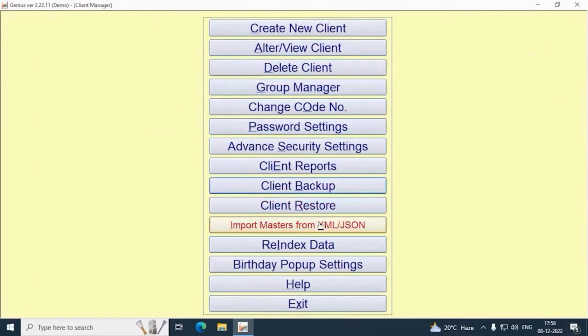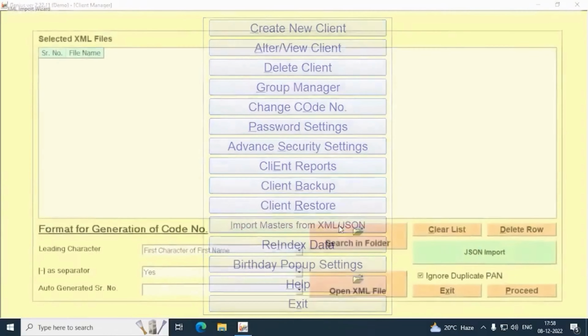Earlier, the facility of import masters from XML was provided, but from AY 21-22, JSON was introduced by the department. So we have provided the facility of import masters from XML and JSON.